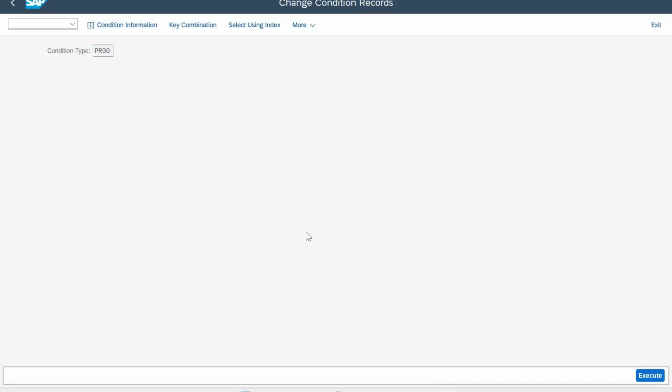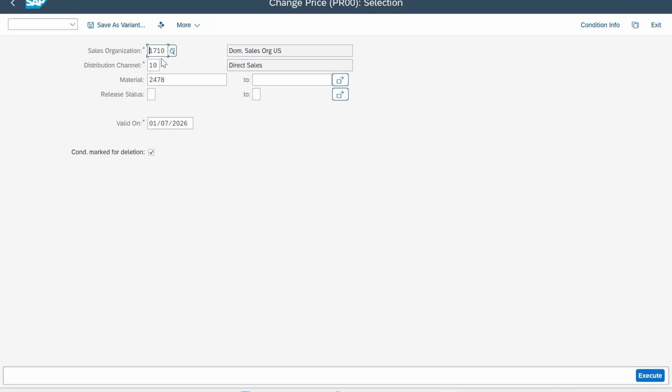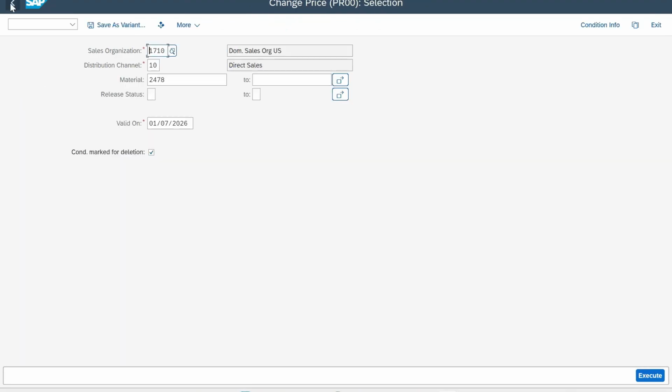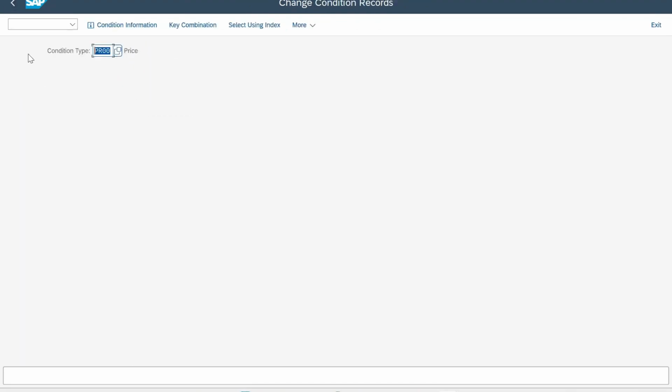Material with release status. So as you can see, this is the sales organization. This is the distribution channel, and for which I have created this condition record. You can see our standard price for this material is 130. Our second condition is